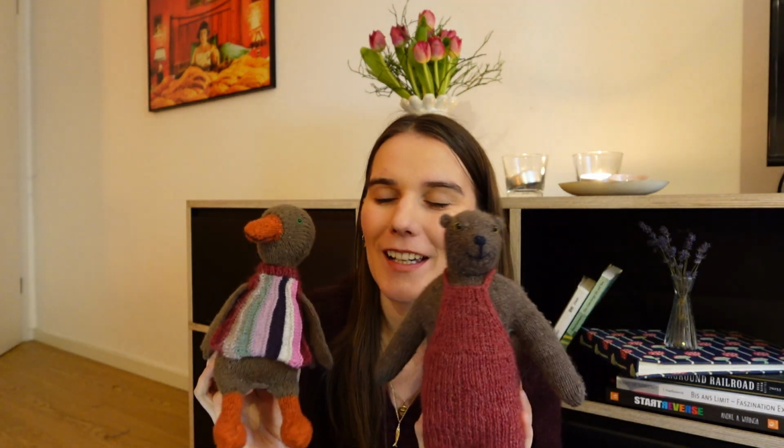Next category is stuffed animals. I knit 2 this year and I am so in love. These are from the designer Cynthia Vallée. She is French and she has published a book with Lane magazine, I think, that's called Moosh and Friends, and it's all about Moosh the bear and its friends. And I have made Moosh the bear and I have made Nana the duck from the book,